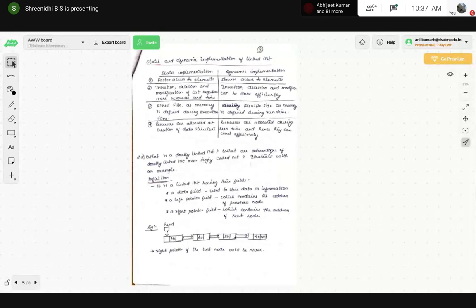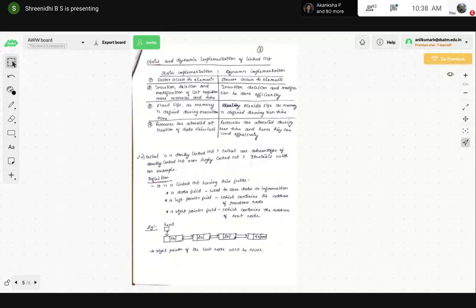Static implementation and dynamic implementation of a linked list. A static implementation is faster in access of elements. With dynamic data, we keep inserting data dynamically during runtime, so access of the data becomes slower.